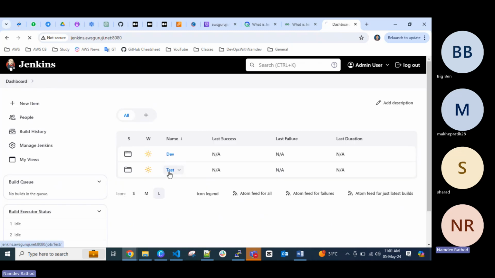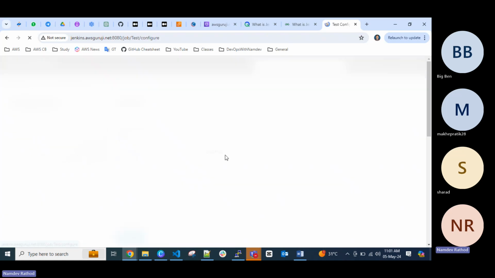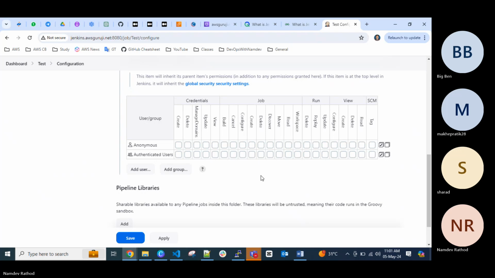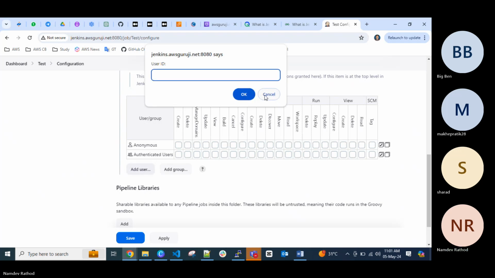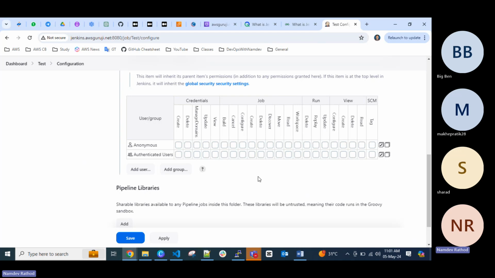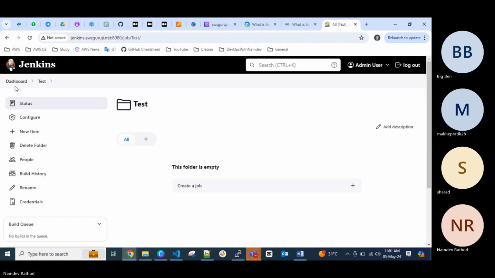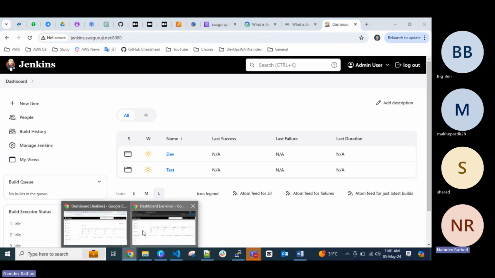But at the same time, let's say for the test, configure, enable project based auth security, add. So here I cannot add the demo user. Authenticated user can only. Let me check this option first. Okay. If I refresh now,